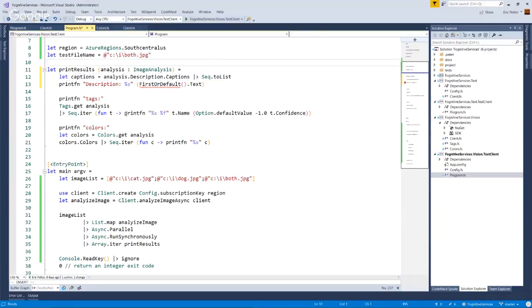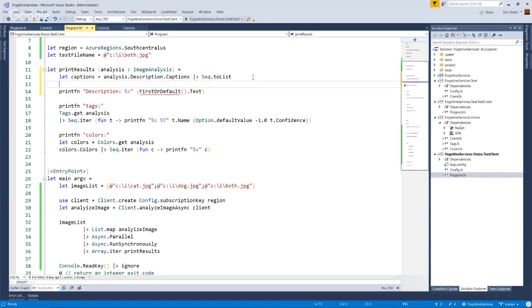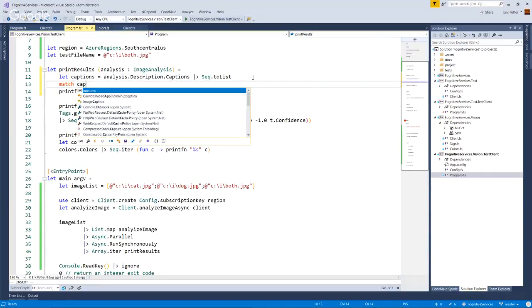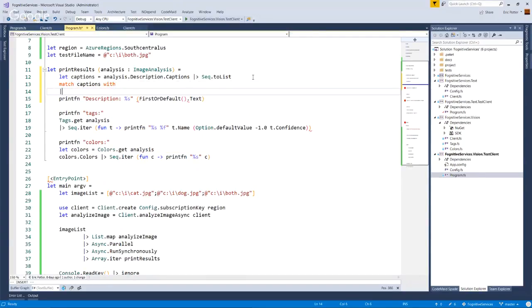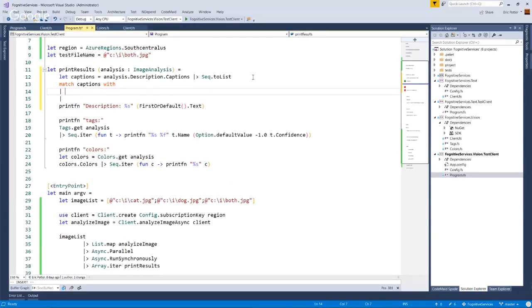Okay, so now if you matched on captions here, so now I'd probably match first on an empty list. That's just, yep, and then arrow, and then print no captions available or something, or no description. I don't know exactly how you would want to print that out. Yeah. And then the second one,